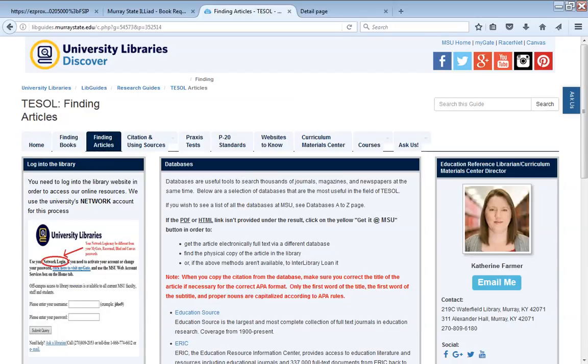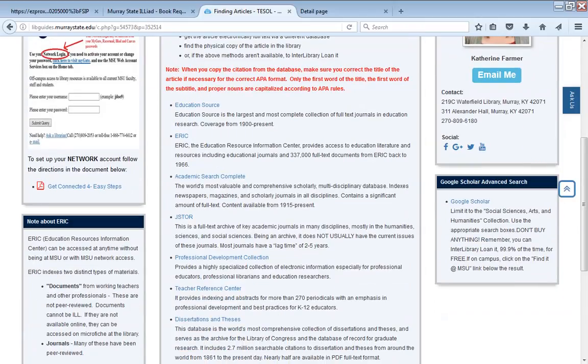So we have 128 databases, and these are the main databases that Kathy thought would be the most relevant to TESOL students. So it's not a very long list. And a database is just a collection of articles that particular database has